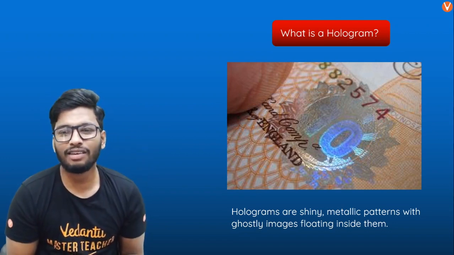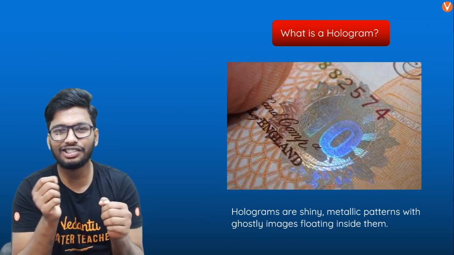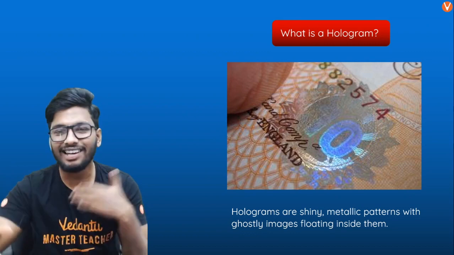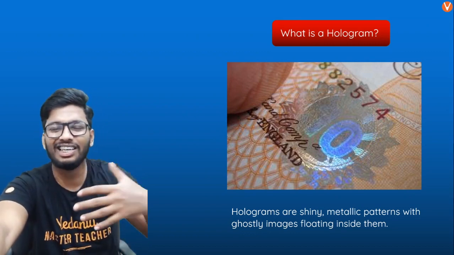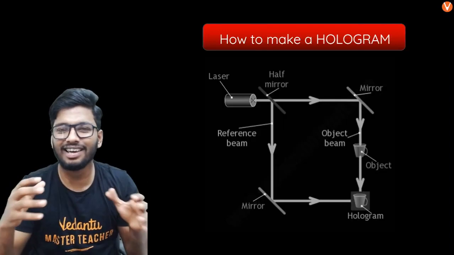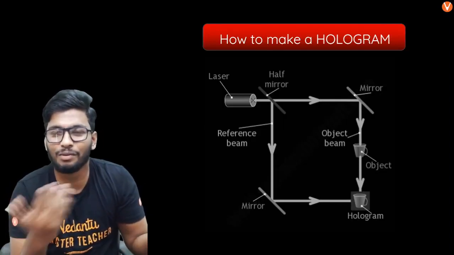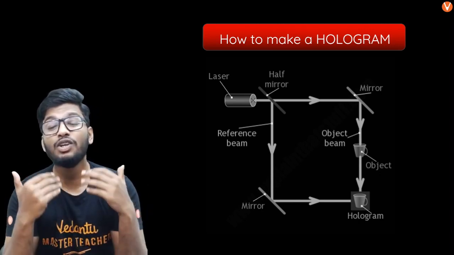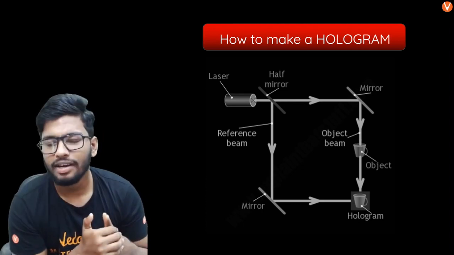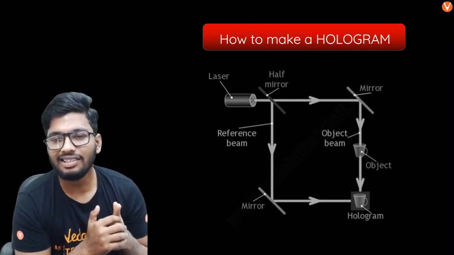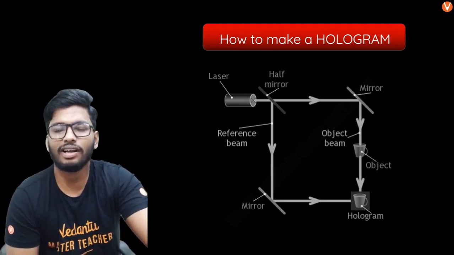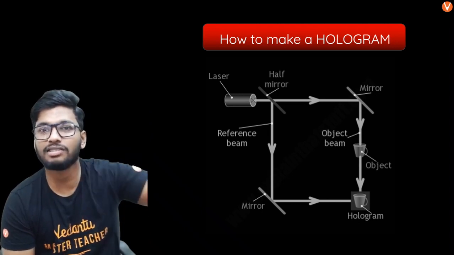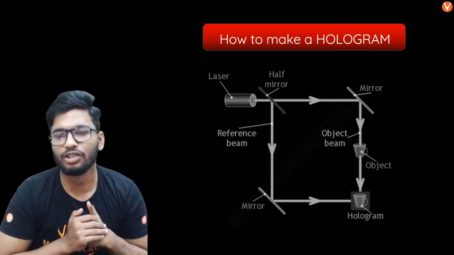So this hologram gives you that, when you change the direction of the light falling on it, the kind of image that you get is actually different. And that is what a hologram is all about, giving that shiny metallic pattern to it. Sometimes it seems like it wasn't there before, but then when you change the direction of light, suddenly it starts to appear. But how can you make a hologram and how does it really work? Until the invention of lasers, holograms did not have that kind of an impact that they have once the laser was invented.